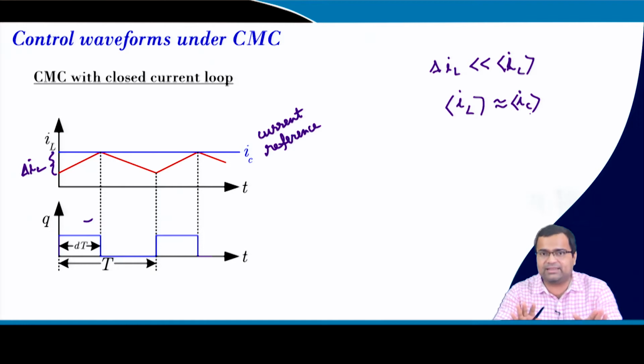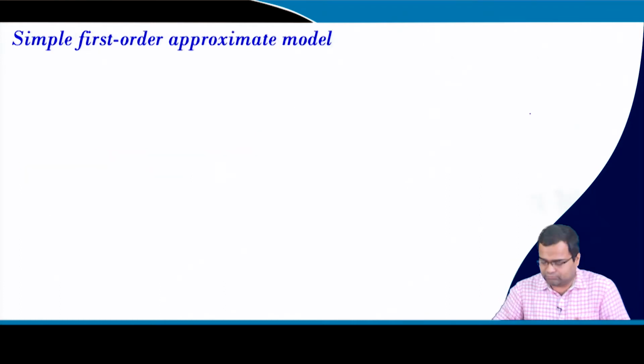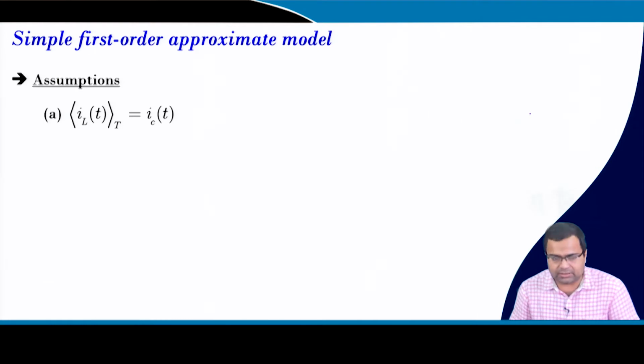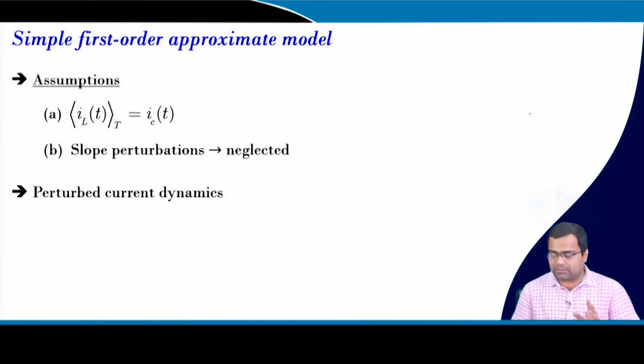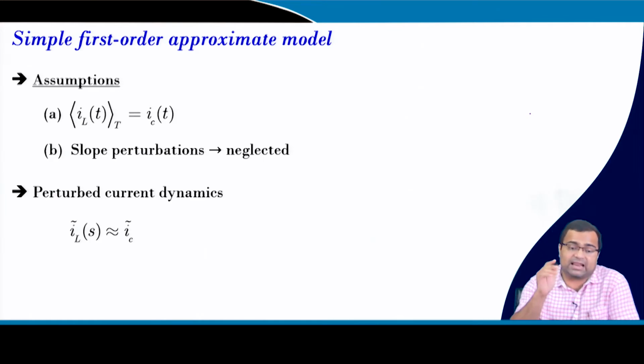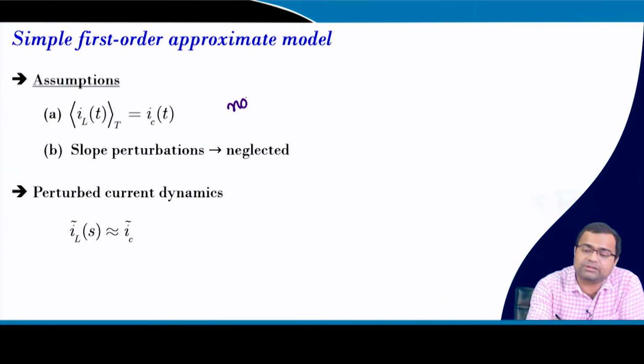That does not mean that we want to limit our analysis. In fact, in the subsequent lecture, we want to investigate the small signal model and validate its time domain response against actual switch simulation. So, the assumption here is that the average current is the same as the reference current, the slope perturbation is neglected and this is part of the current dynamics, and here no slope compensation is considered, another part.